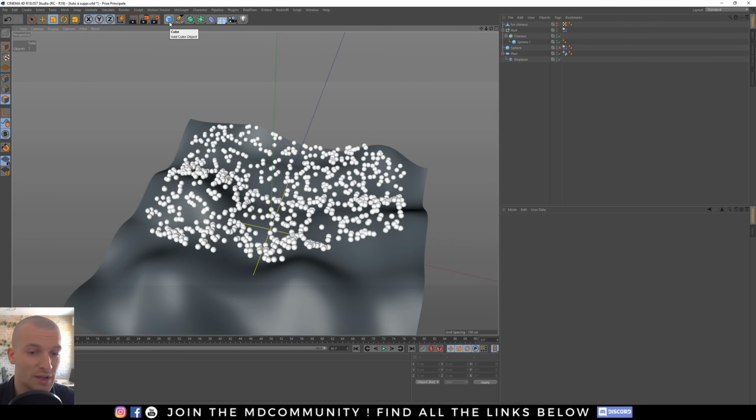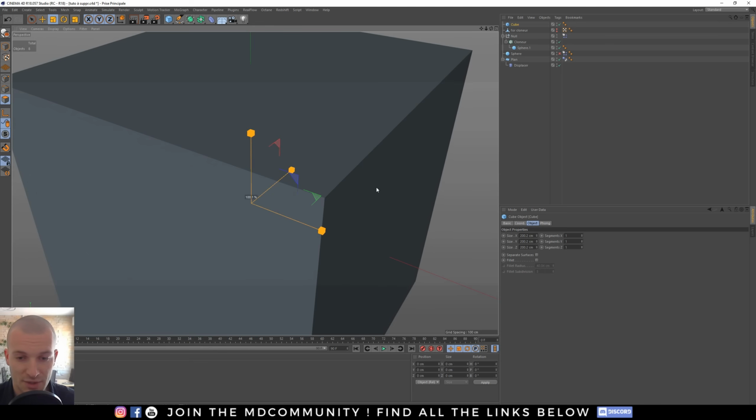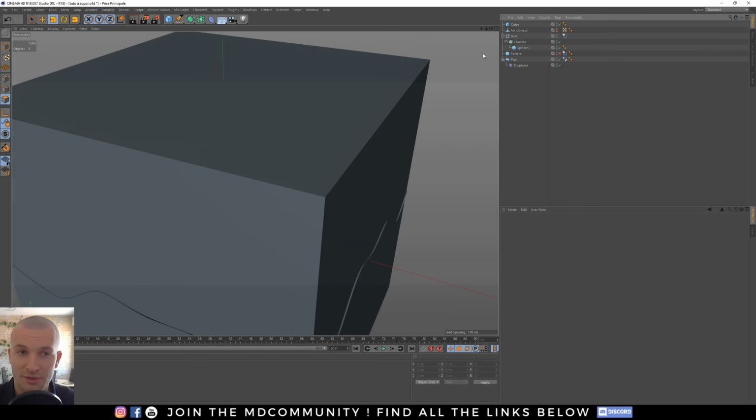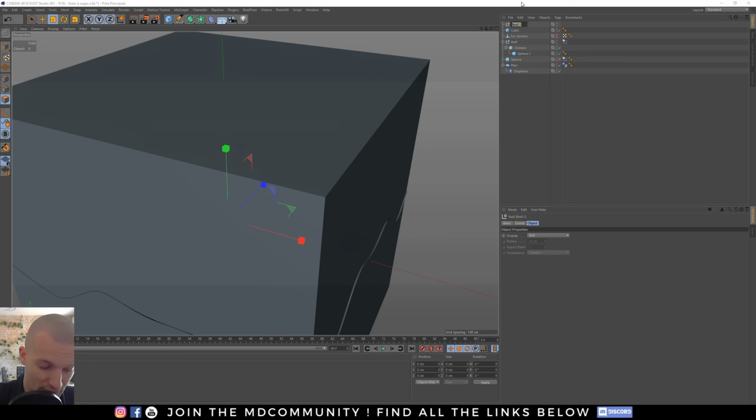So I will create a cube. I decrease its size a little bit, nice. And I will activate separate surfaces. Now I will create a null here, and I will call it collision objects.